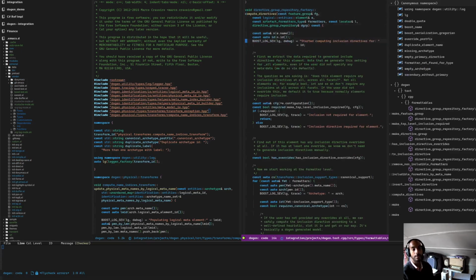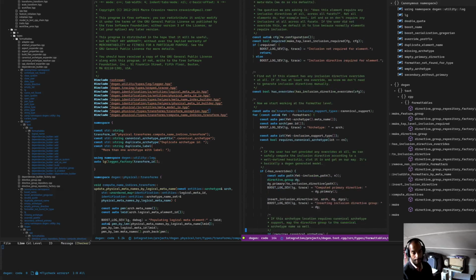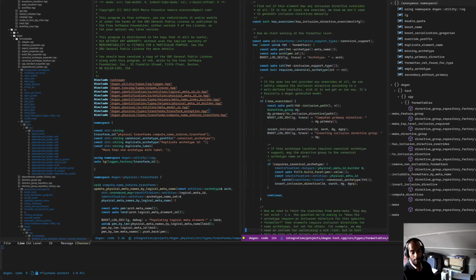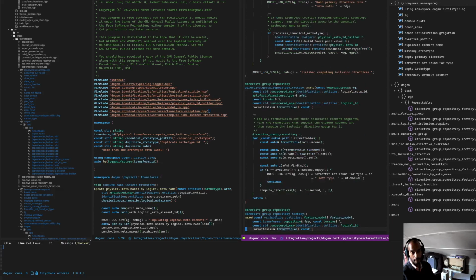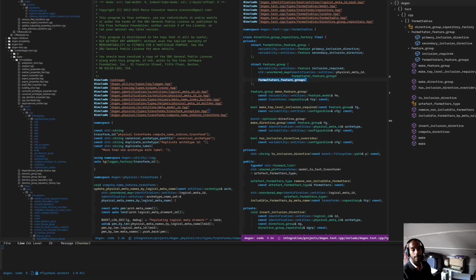So if you look at this transform here, we pretty much have got all the bits that we need. The inclusion support type is now called relationship status. We have all this stuff to compute the primary directive and secondary directive. We need a little bit of fiddling with the features. We haven't actually done that just yet,